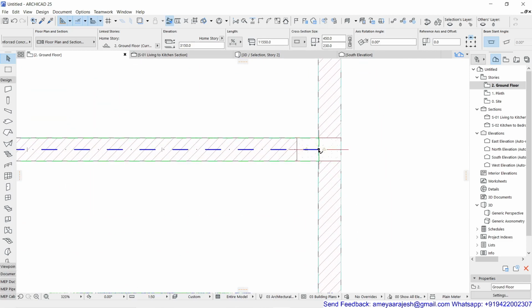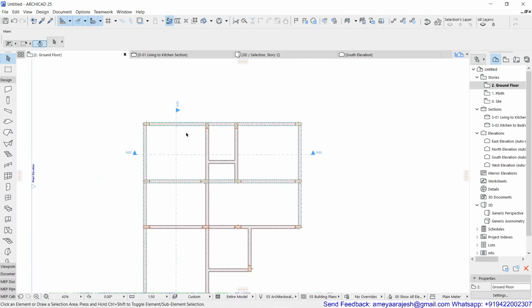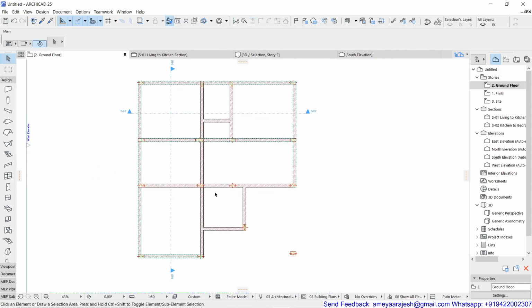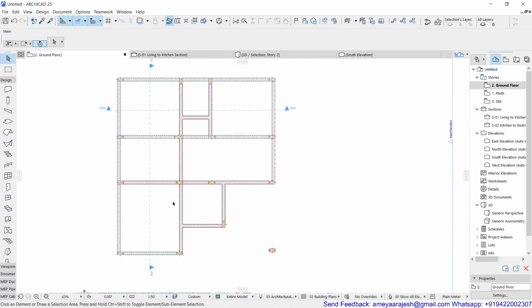Please make sure that you always follow this rule, and in that manner complete the other parts also. If your beam depth is varied, please always check that as per your design need, and then fulfill the entire drawing.